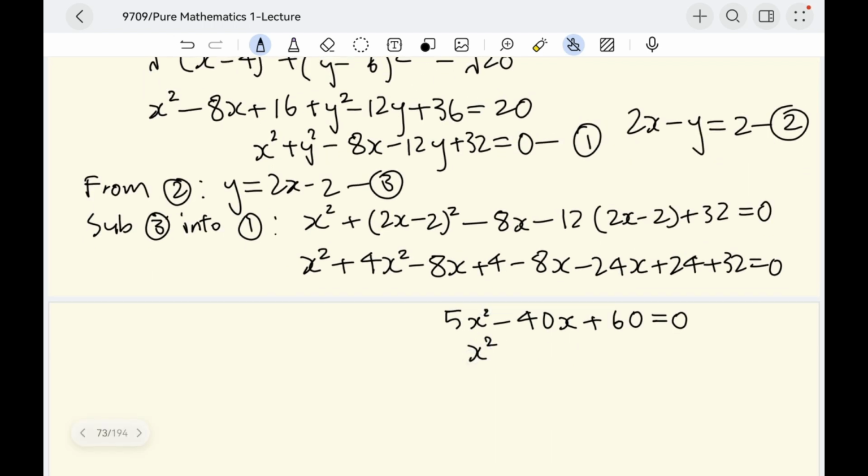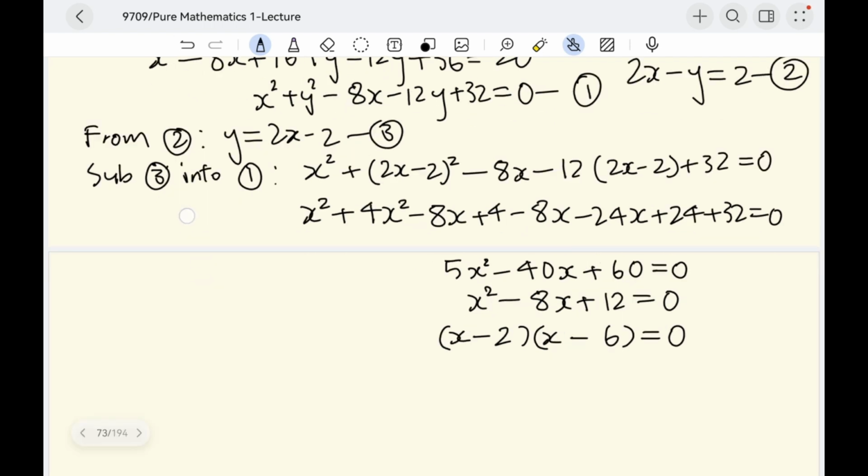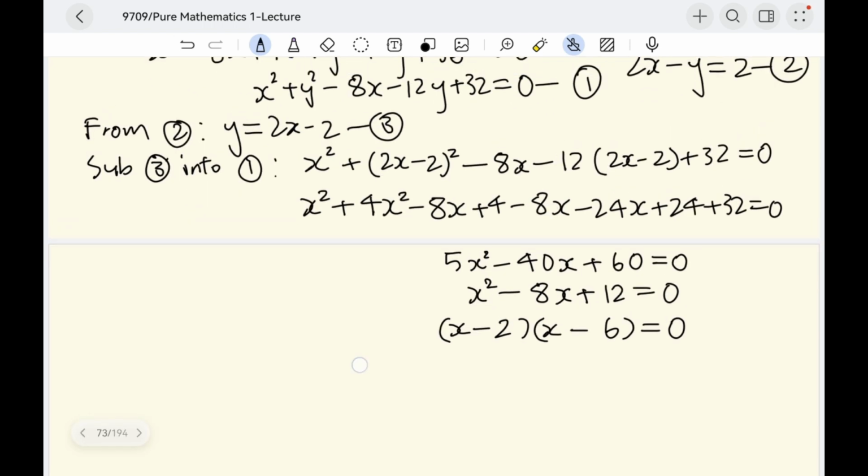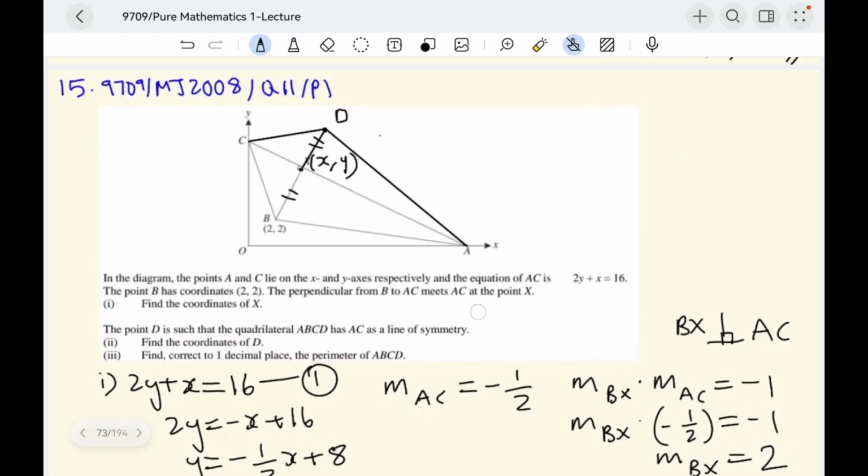Okay, you can divide all the terms in the quadratic equation by 5, because each term has a common factor which is 5. And factorize, because it seems to be factorizable. Alright, so the two possible values of x can be 2 or 6, but it depends on the condition from the